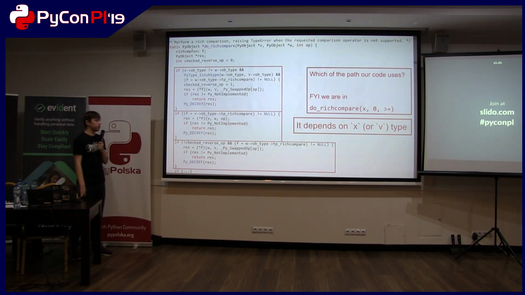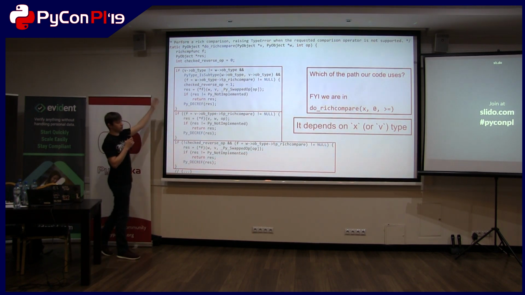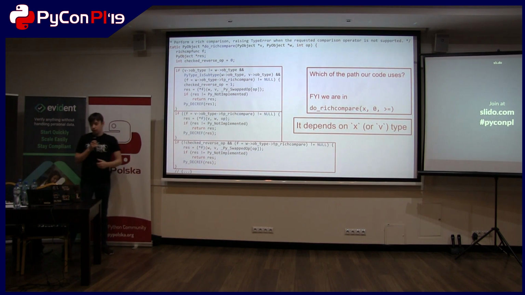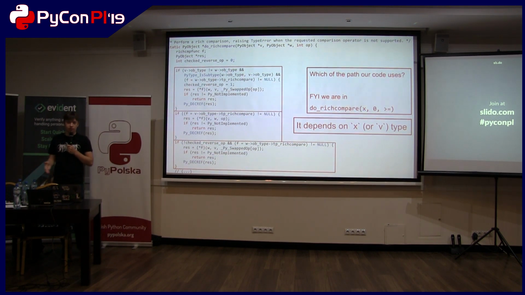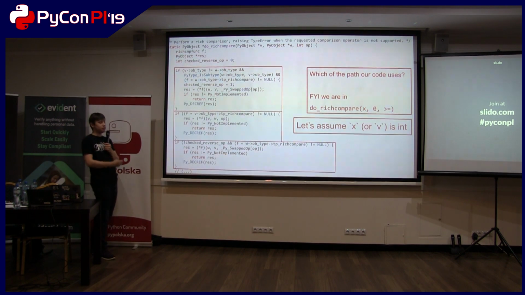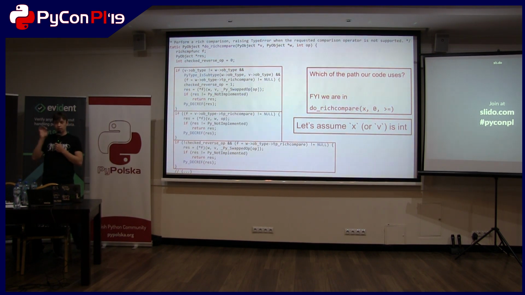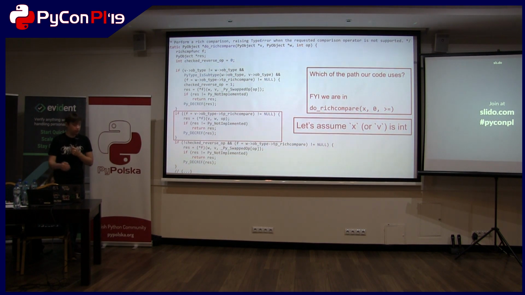So the answer is it depends on the x, or actually v, because it's named v in this function, type. So let's make an assumption here, just to not dive too deep. Let's assume that x or v is an integer, because that's probably the easiest thing. And we'll also see how integers are being compared by CPython. So if